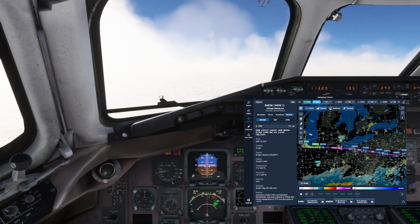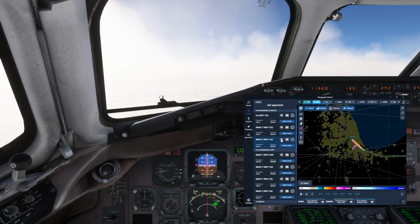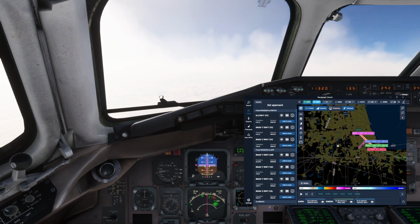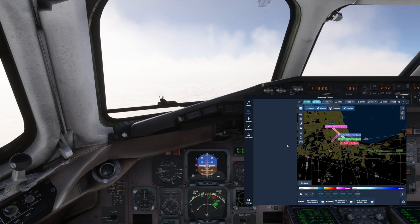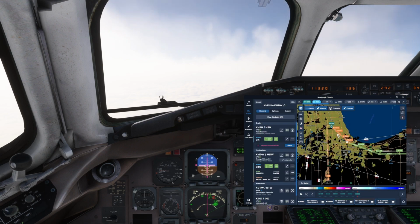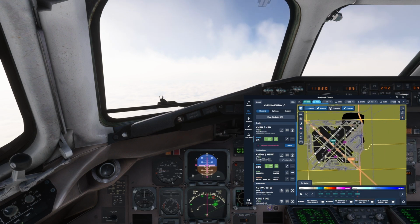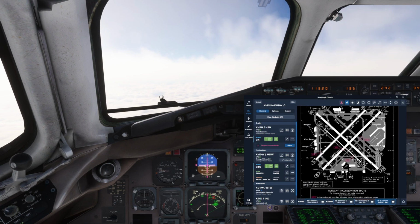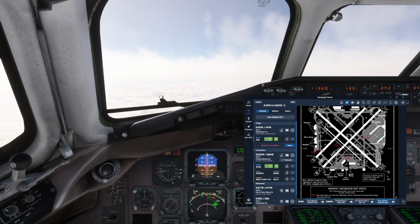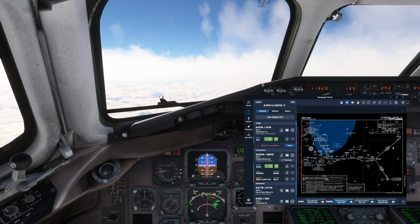So, that being said, we're definitely going to be landing on 31 Center for the arrival. Visibility is good, so we're going to take the RNAV Zulu from Hills. That should give us a direct link-up approach here. 31 Center is 6,500 feet, which is fine for us. Coming in on the arrival here, as we start down,